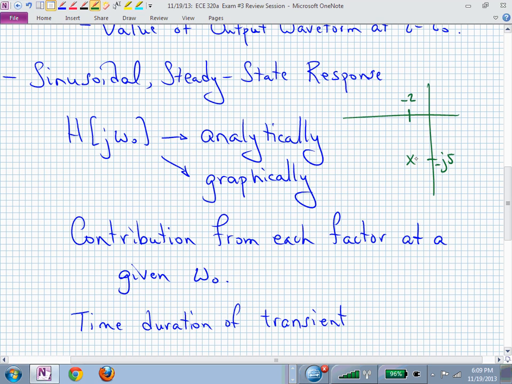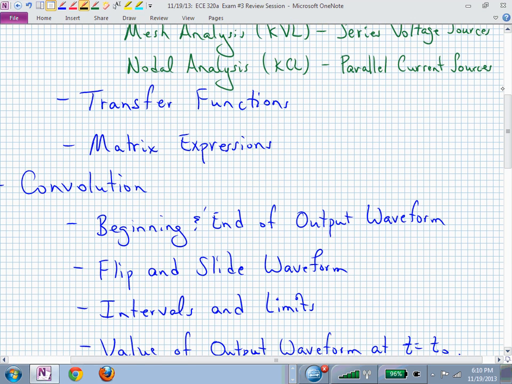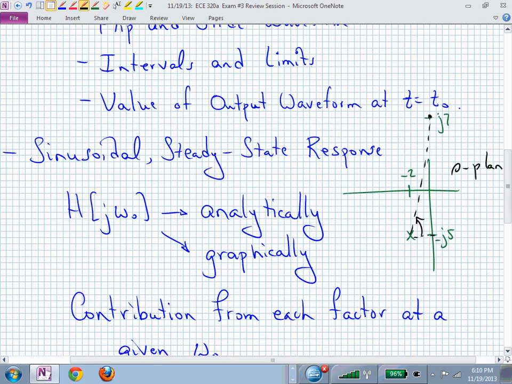Maybe we had a pole there, and now I said, oh, evaluate that at 7 radians per second. Now you would be looking at that angle, if I wanted the phase information, and that distance of that hypotenuse, which has sides of 2 and 12. And that would be the length of that particular pole factor's magnitude contribution. But when I'm talking about that and saying, oh, think of what's happening in the S-plane,